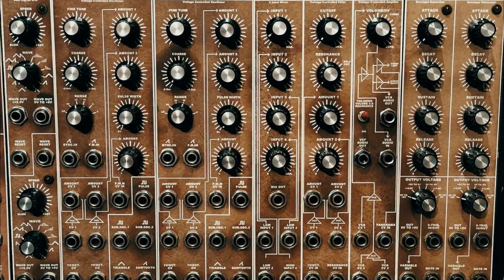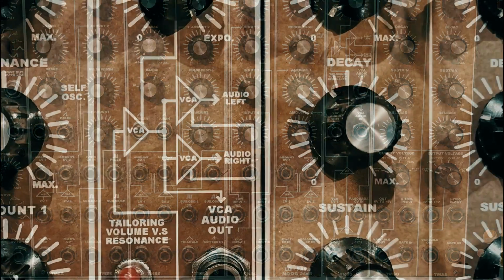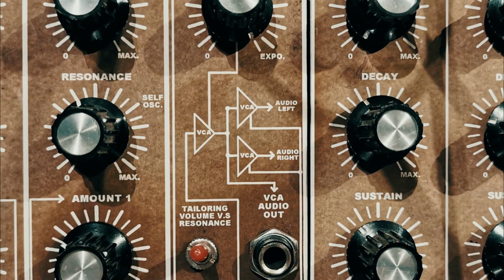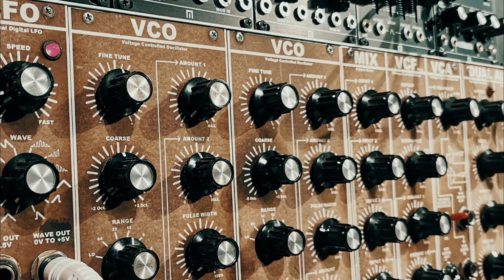This is an early model Theis Modular Synthesizer, or TMSS, built in Germany around 20 years ago by Horst Theis. There's not a huge amount of information about this instrument online, and it seems reasonably rare, which is intriguing enough, but there's something about this particular unit that makes it very special indeed, and that is who it originally belonged